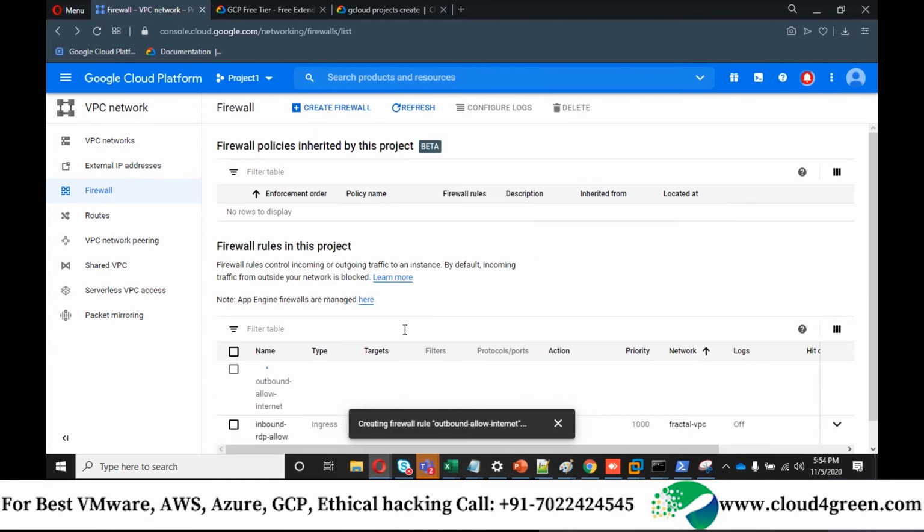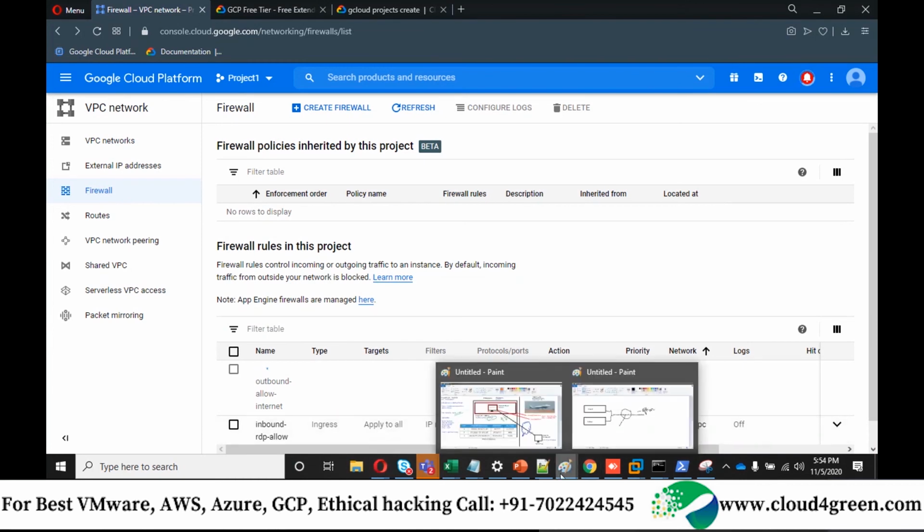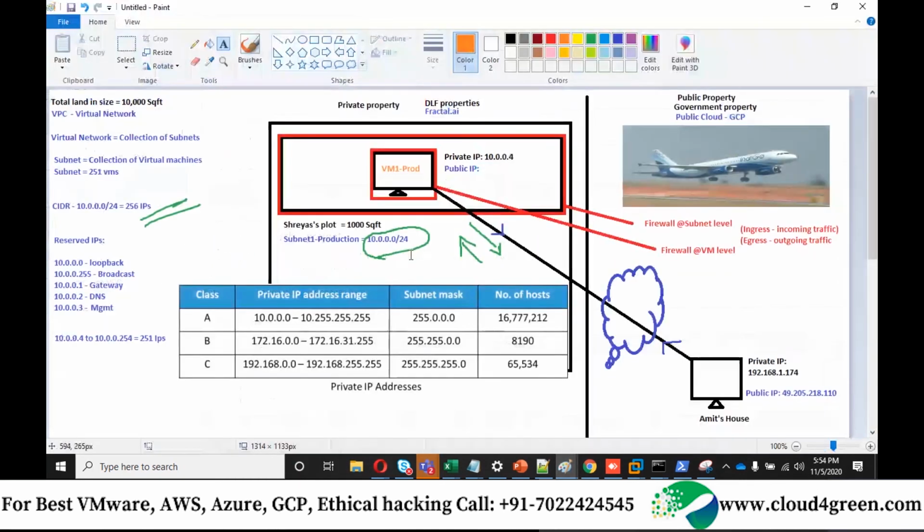Can you all do this, guys? So which means what? If you look into this diagram, I informed my security guy that, hey security guy, if anyone comes to my house, or if someone within my house wants to go out, don't ask them any question, allow them. Okay, in production they will not keep everything as allowed.